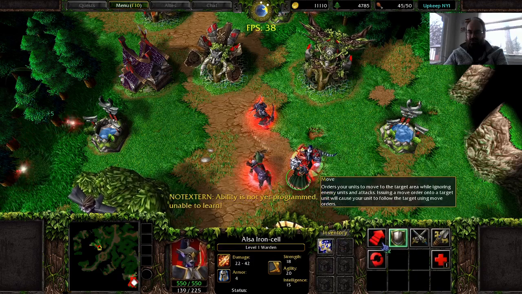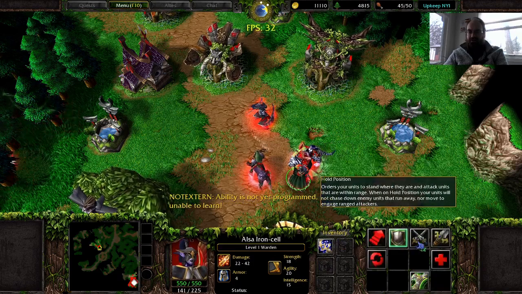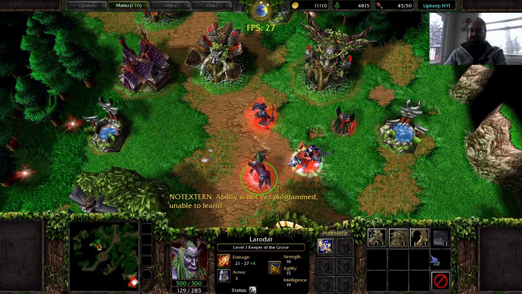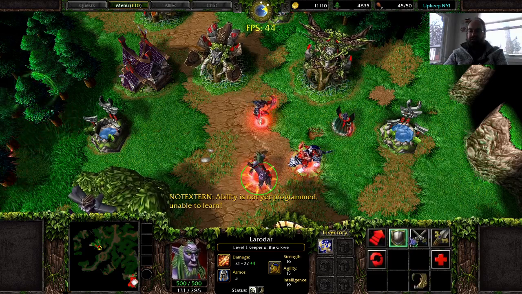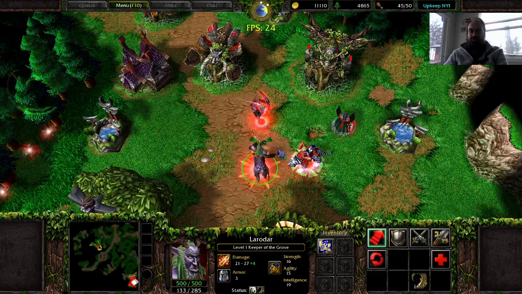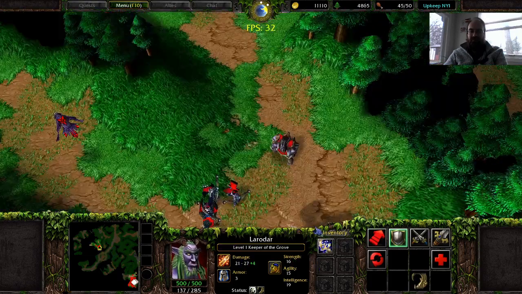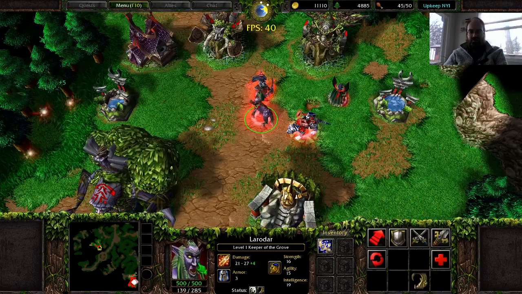Cool. I'm curious. Okay, so we don't have Fan of Knives yet, but we do have Shadow Strike, which is one of these abilities defined in JSON. And I think similarly, Thorns Aura is one of these JSON-defined abilities that I didn't program in, and yet there they are working. I think that's really cool.